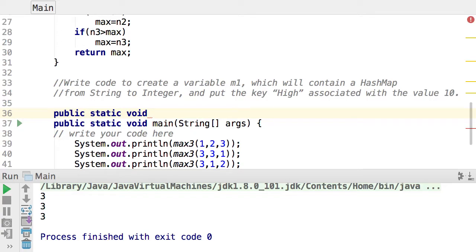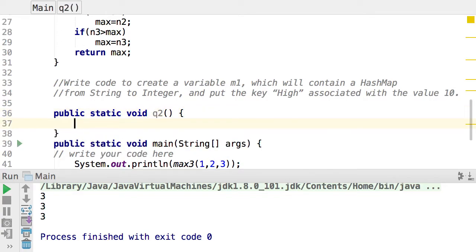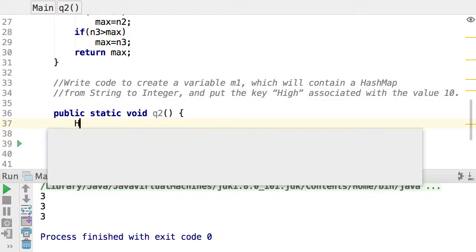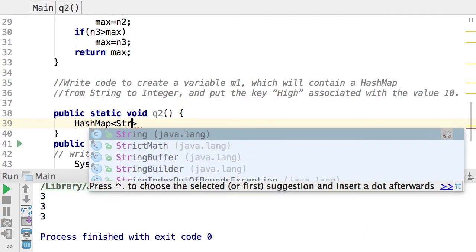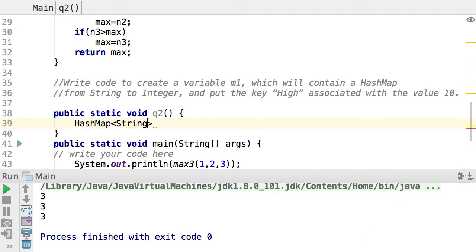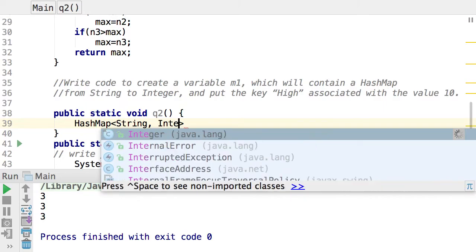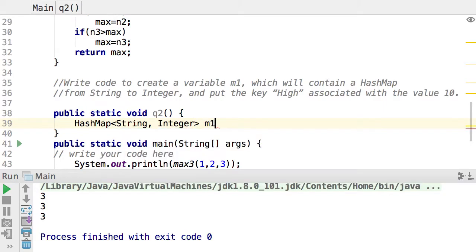I'm doing this because I want to have valid code. So how do we create a variable m1 of type hash map of string to integer? Create an object from HashMap, right? String, integer. M1, right? Equals new HashMap,